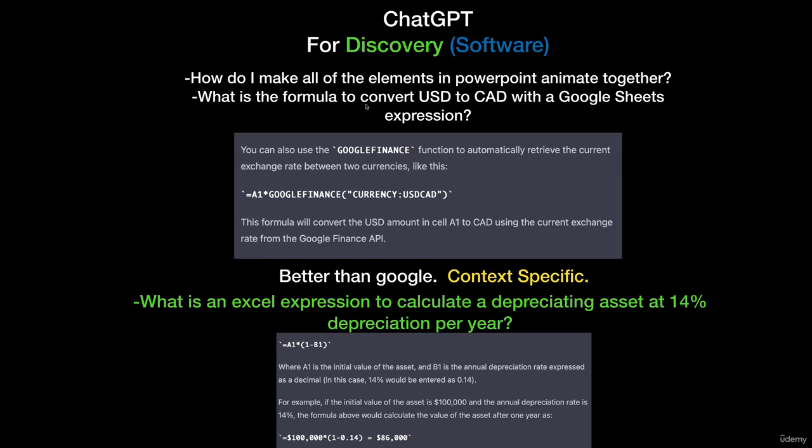I do a lot of my own personal finance and spreadsheets and stuff like that, Google Sheets. So if you're using Excel or Google Sheets, this is going to be game changing for you because you can get the formulas specific to the context you need. Like I did here, hey, what's the formula to convert US dollars to Canadian dollars with a Google Sheets expression? And it basically gives me the correct conversion expression here that I can just paste into Google Sheets and